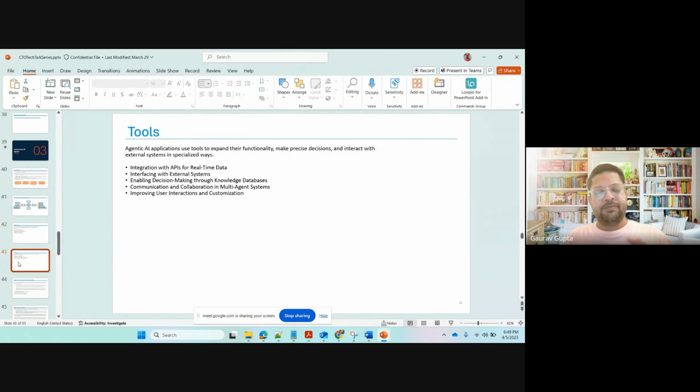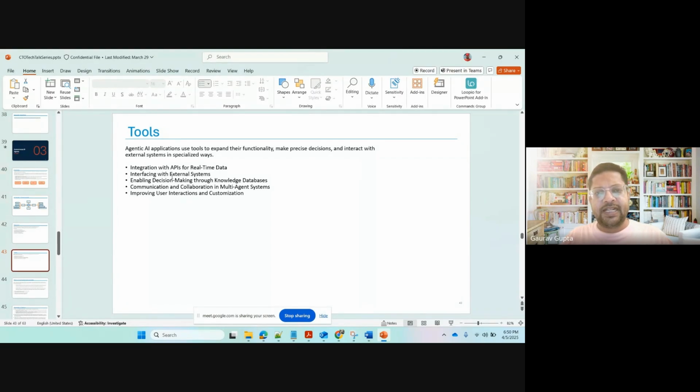Tools. Now we are talking of computers, software. We're not talking of humans. So when we talk of computers, the tools would be like API calling. If you need real-time data, you need to call an API. If an agent wants to, take the Gemini example that Sundar was showing, Gemini will need an API to Google Mail, or to any other Amazon API where it can get the copy of the invoice, right? So that is called tools calling, interfacing with external application systems.